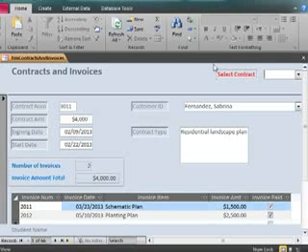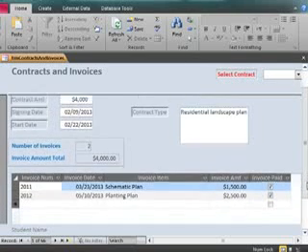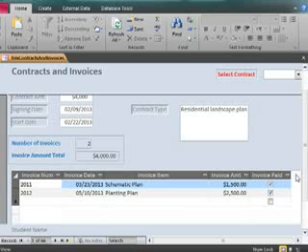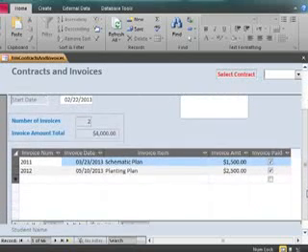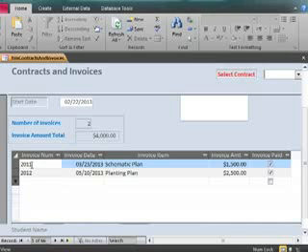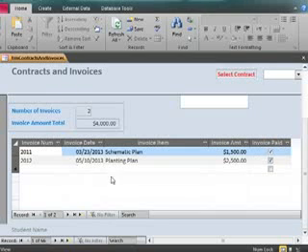The other change that I've made is that I've added room in the subform control for a scroll bar. If I'm adding invoices to this particular contract, there's going to come a time when I have more invoices than will show within the window that I've created, and I'm going to want a scroll bar. So I've left room so that as I add additional invoices, I can scroll